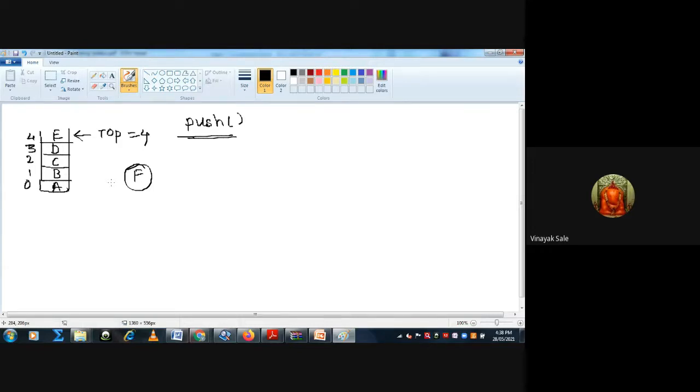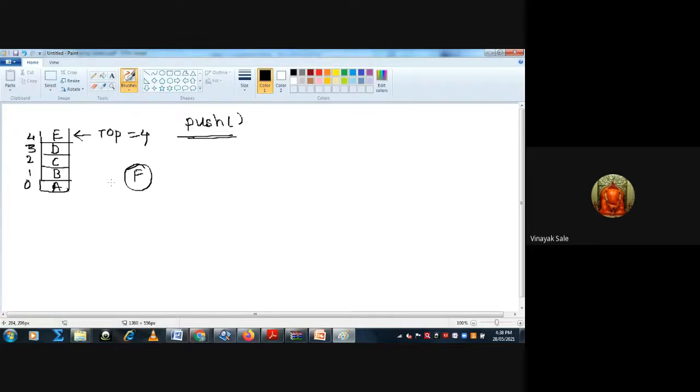If it is not overflow, then you can insert an element into the stack. Then how can you write the condition for the push operation? How can I know whether the stack is full or overflow or not?